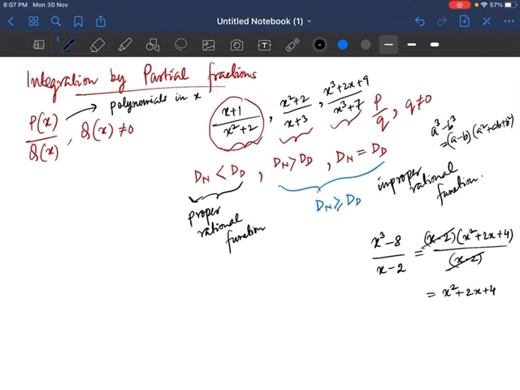So basically whenever we have an improper function, we try to convert it into a proper function, then we can integrate that. Okay, so that's the basic method of integration. Now, there may be different rational functions. Now, how to convert